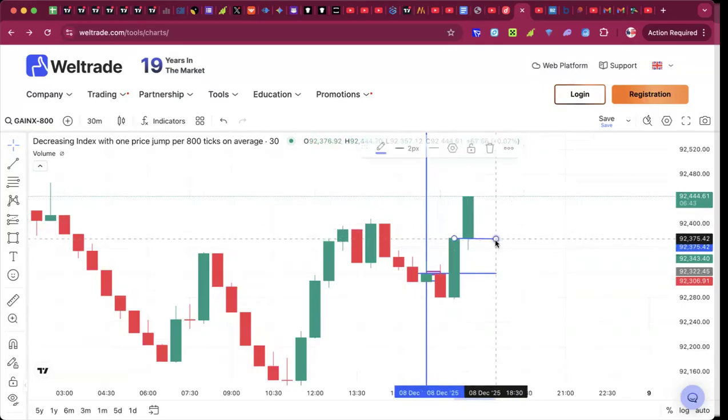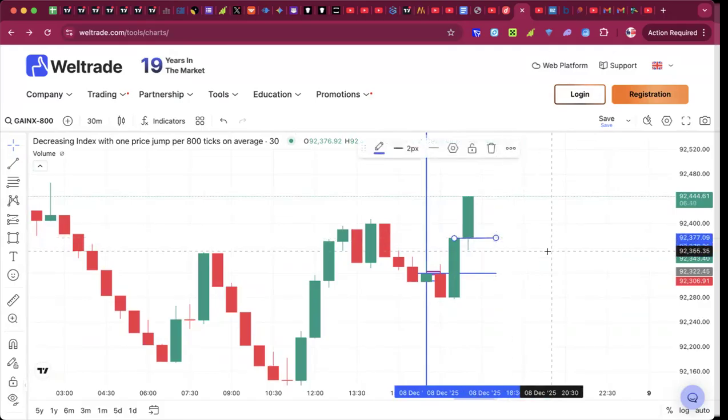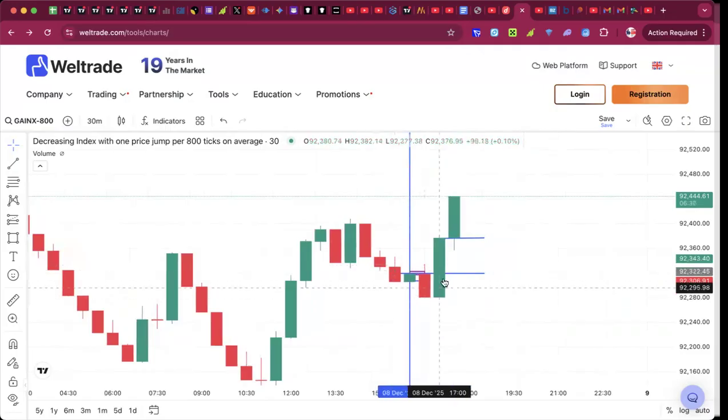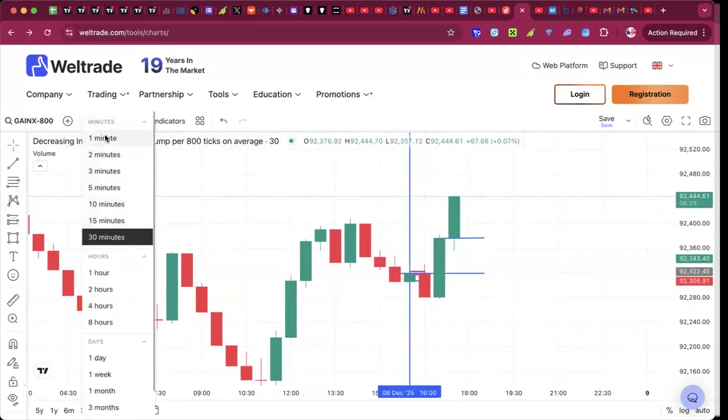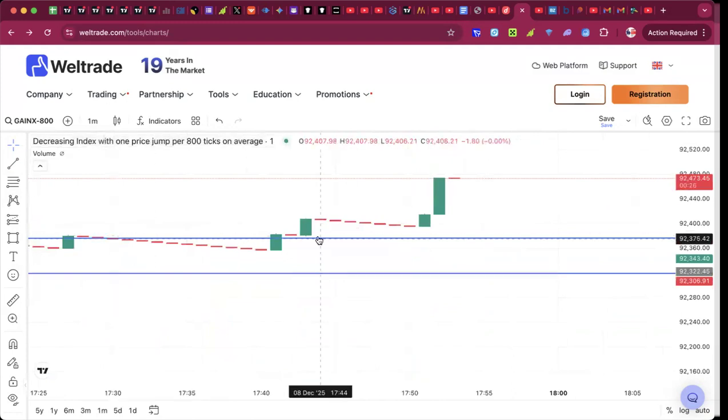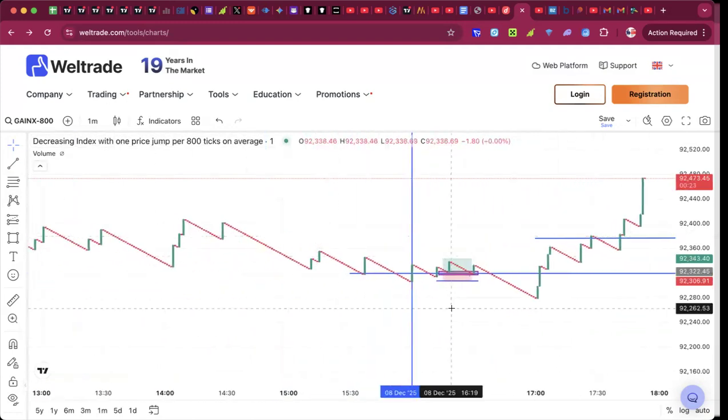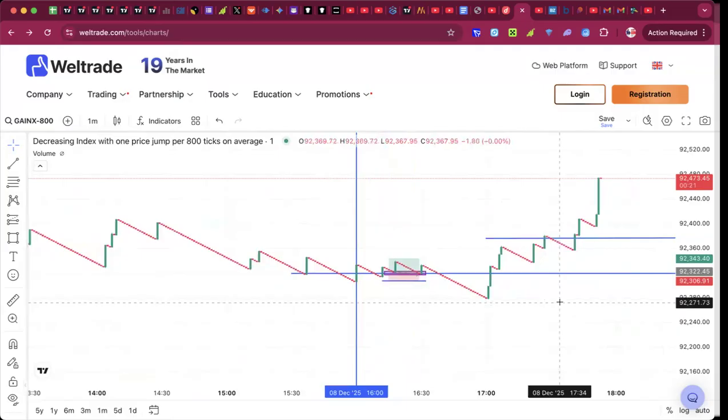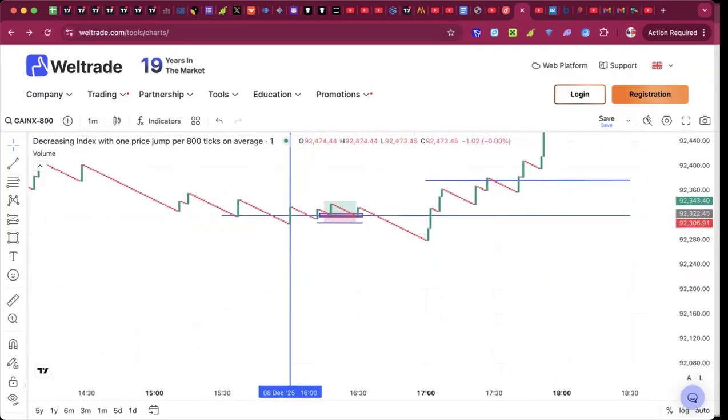So we're going to go to 1 minute. Or even when this candle closes above this, you can still take your trade like this. Let's go to 1 minute. Return back to 1 minute. Now this is the first one we drew. So if you go to your 1 minute here,